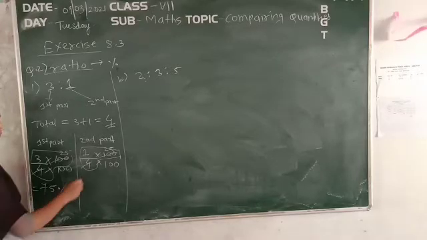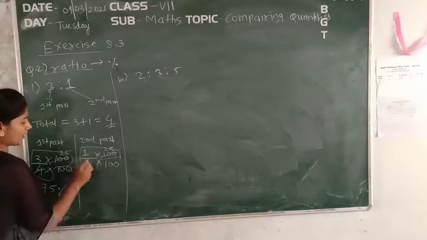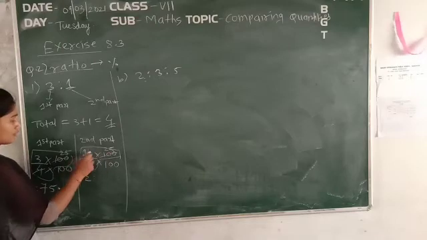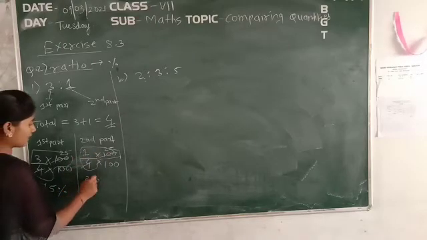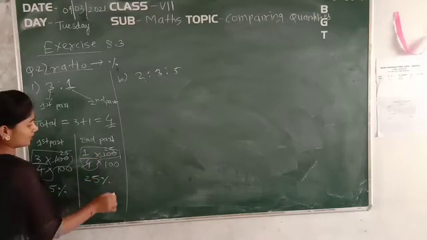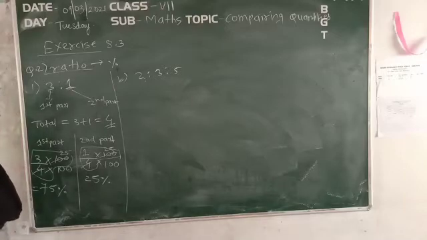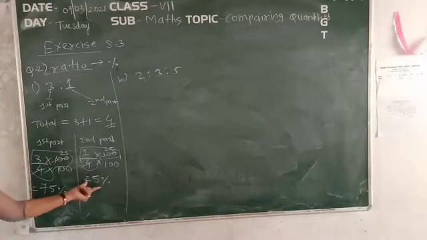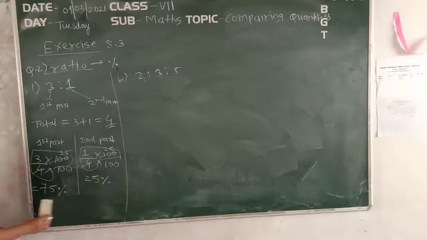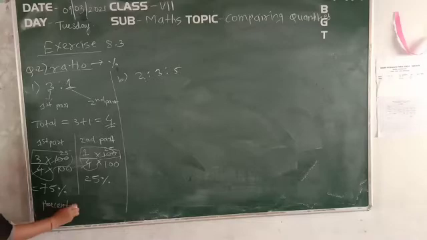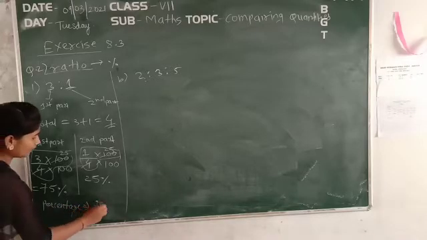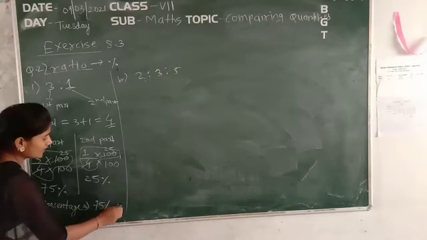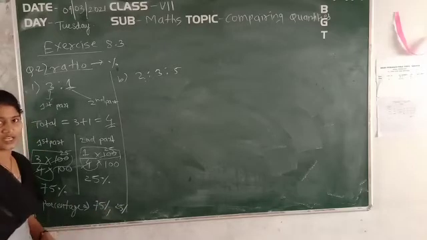100. Okay. So here only 25 and here only 1 is there. So 25 ones are 25, and this 100 we write as the symbol of percentage. So here we got 25% and here we got 75%. So finally you can write down the percentage of the given ratio: one is 75%, another is 25%. So clear with this one?